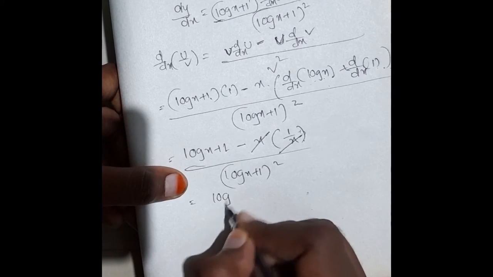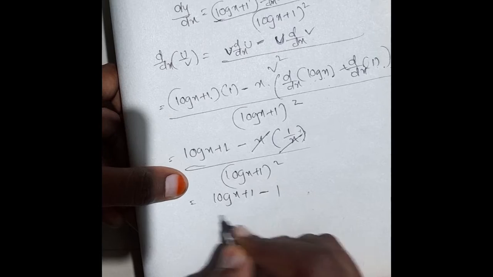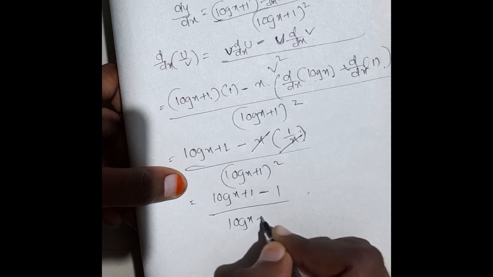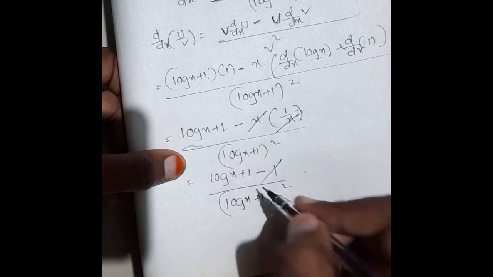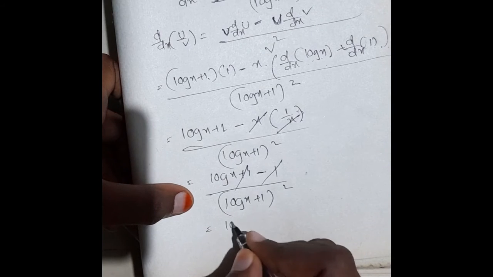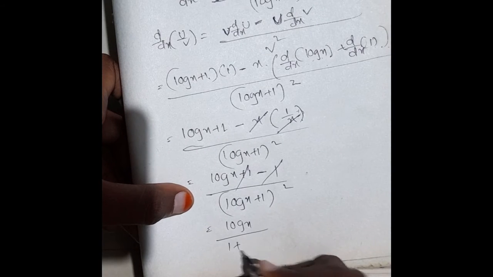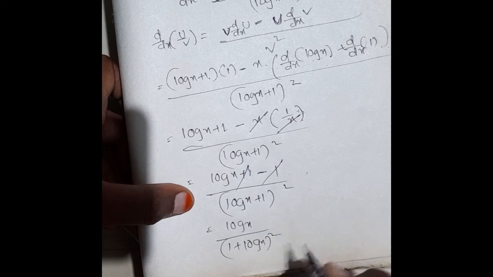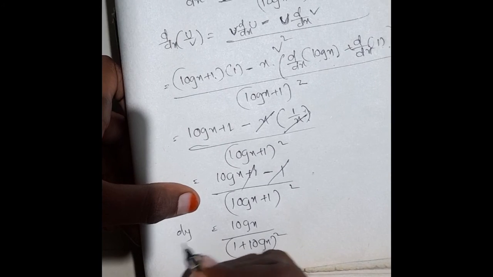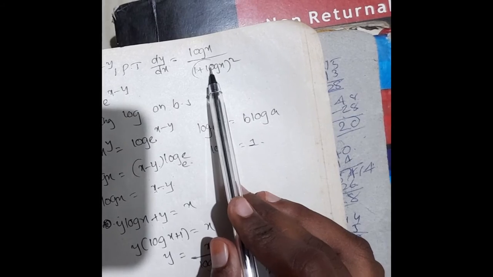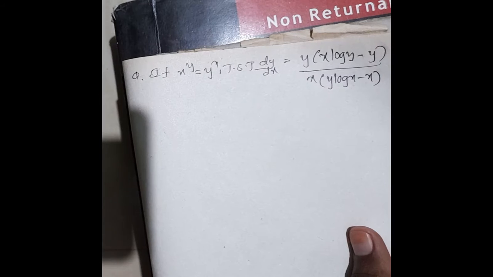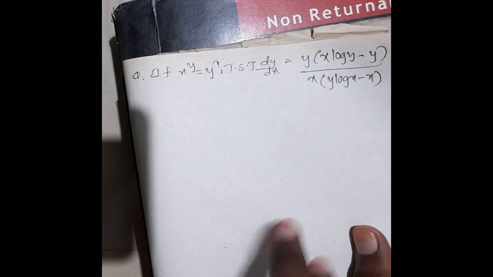Now (log x + 1 - 1) by (log x + 1) whole square. Now this and this get cancelled. Log x by (1 + log x) or (log x + 1), no difference at all. This is dy by dx. So we were asked to prove this only and we got that: log x by (1 + log x) whole square. Okay, hence proved. So the next question is, if x to the power y equals y to the power